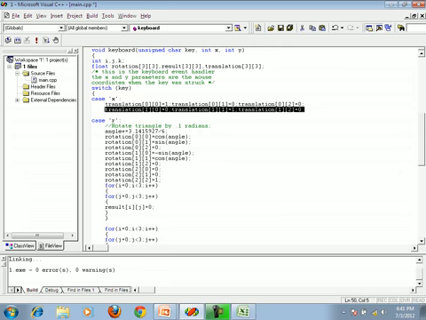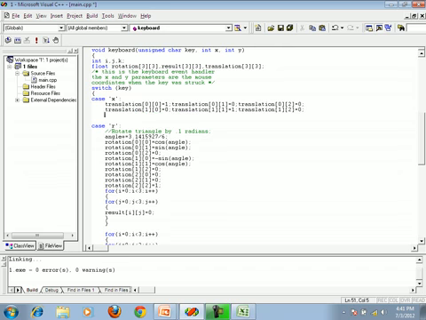Okay, now here I want to increment x and I don't want to increment y. That's why I'm putting here 0.